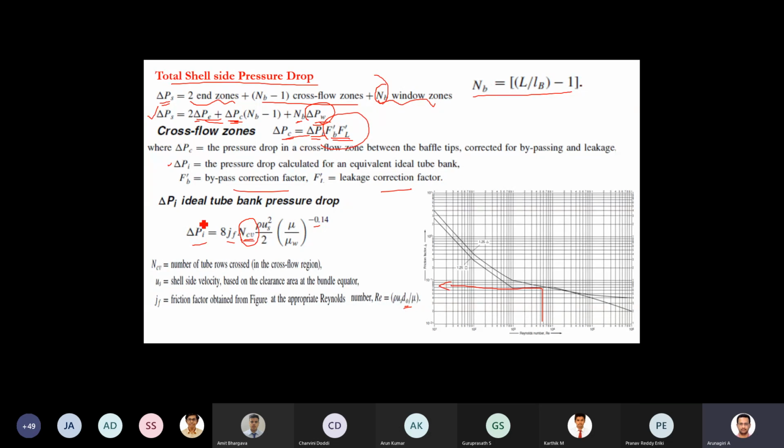So this is the way to calculate the heat transfer coefficient and pressure drop on the shell side using the Bell-Delaware method. Here we have accounted for all the streams, bypass streams and leakage streams, and also the constructional tolerances, like NCV and NWV, the number of tubes in the window zone and in the cross flow zone. We have also corrected the velocity in the window zone; we have used the geometric mean velocity.